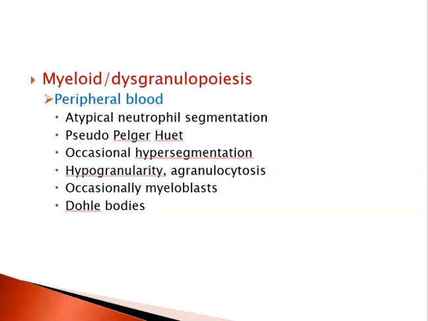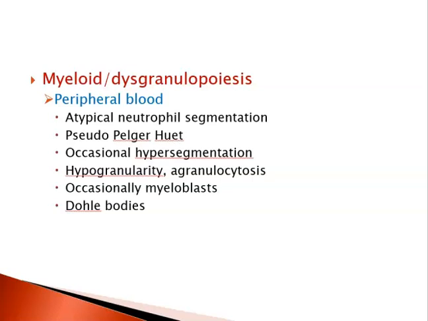In MDS, for the myeloid side or dysgranulopoiesis, in the peripheral blood you may see atypical neutrophils, especially the segmentation. You may see pseudo-Pelger-Huët cells. You may see occasional hypersegmentation. You may see hypogranularity and agranulocytosis, meaning there's a low number of granulocytes in the blood. And occasionally you may see myeloblasts. You may see the inclusion Döhle bodies, which is that blue-gray inclusion in the cytoplasm of neutrophils that's associated with